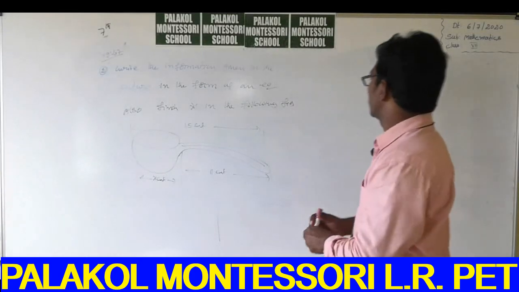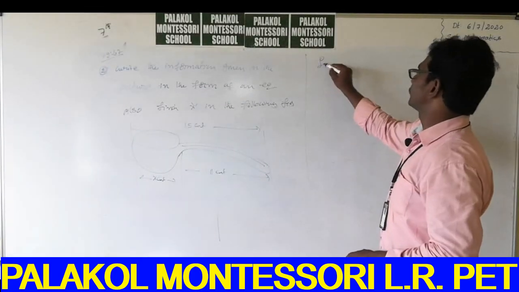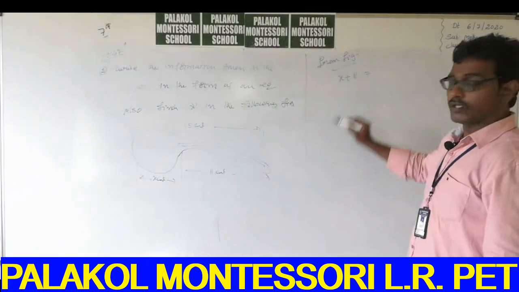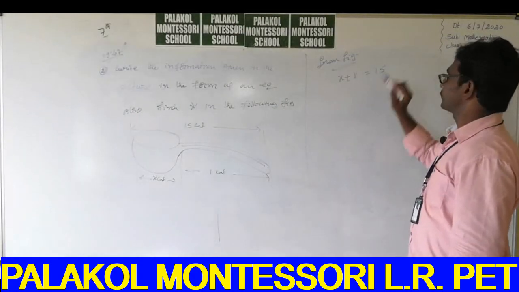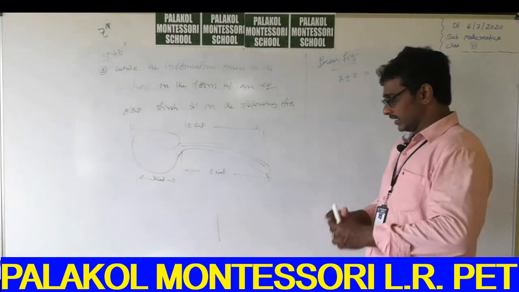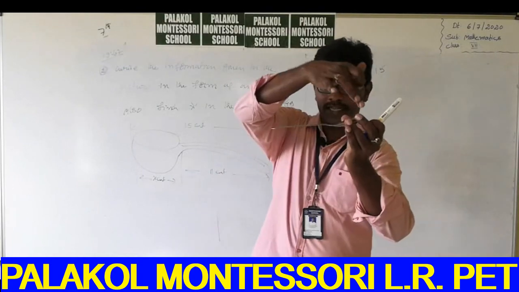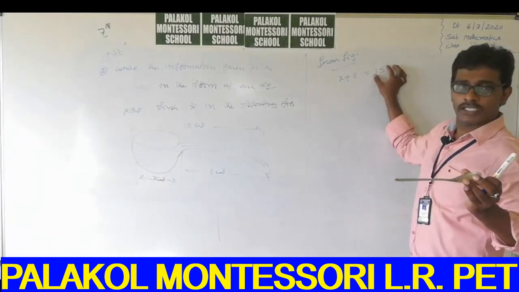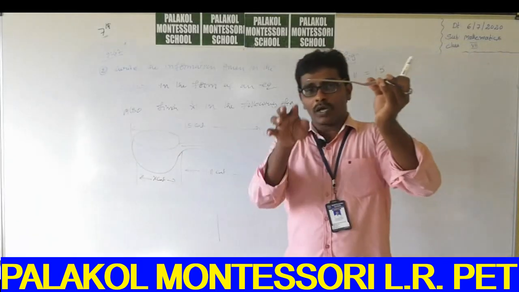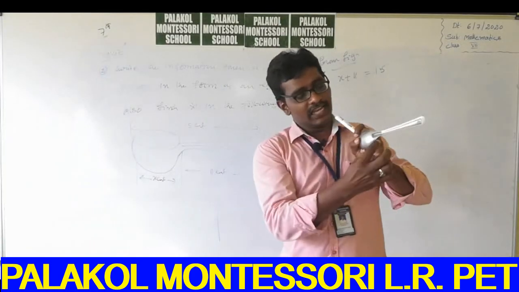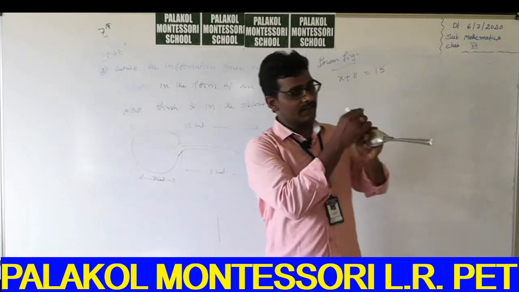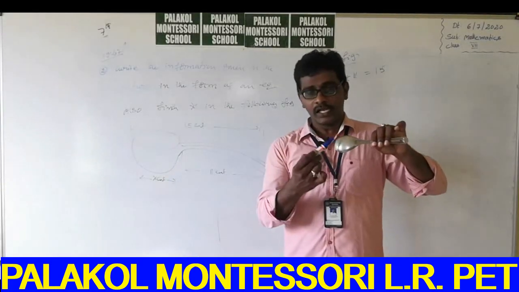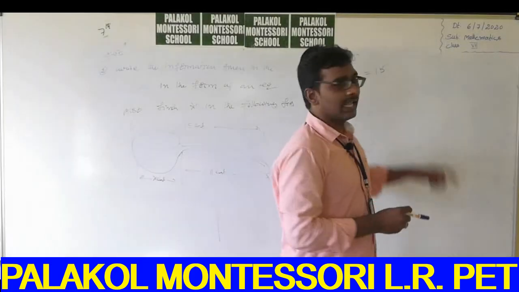So that means from the figure, x plus 11 is equal to 15. Guys, is it clear? Check this one. The spoon's total length is given, the total length is equal to 15. See, this is divided into two parts. One part is given, this part is 11 centimeters according to the sum. This part is not given, that one we say in this picture is x. So x plus 11 equals the total length 15.